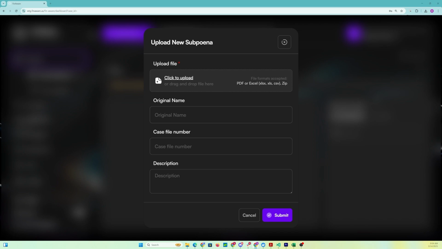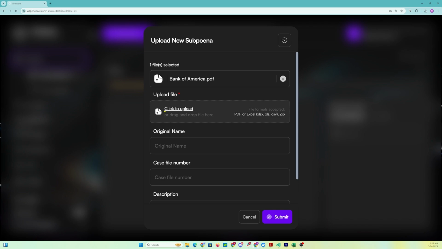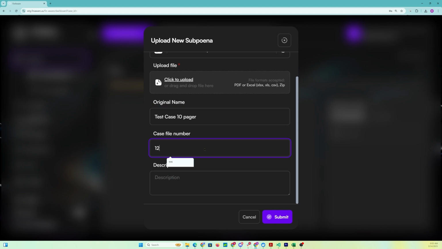Then you can drag your PDF file into this box, or you can click here and your file system will show and you can click the PDFs that you want to upload into the system. We only accept PDF files, but you can click multiple PDF files. So here I'll name this test case 10-pager. I'll put a case file number for reference, and then we can add a description. We then click submit,